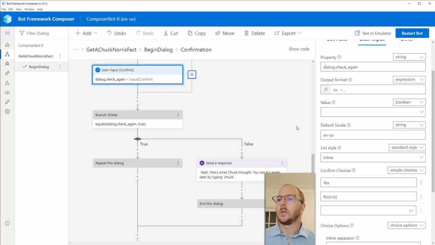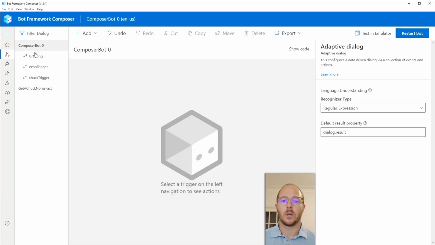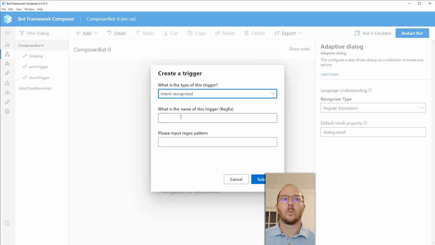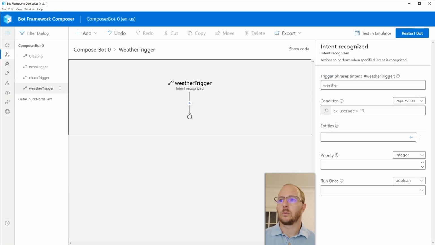So then the next thing we're going to do is build off of what we've got here and build a simple weather bot that'll actually take some user input. So currently with the Chuck Norris one, it's not actually using any information that we provide. So what we're going to do is create a weather bot. Again, we're going to call this weather trigger, and the pattern we're going to look for is just the text weather,